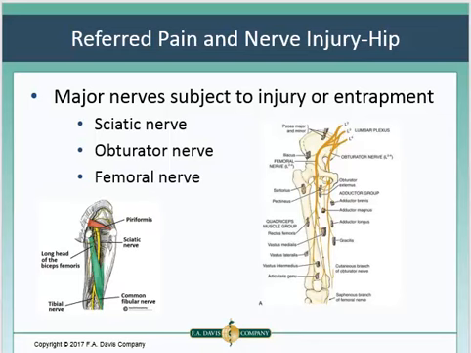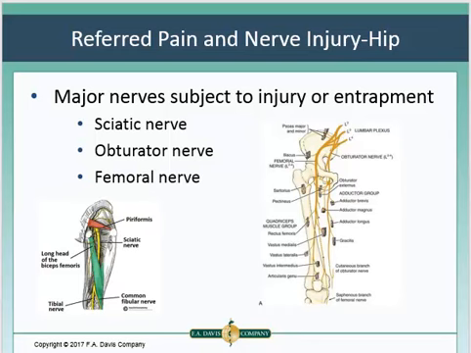The obturator nerve, an isolated injury to this is rare, but because of its location, it can be injured when a woman's giving childbirth and the fetal head pressure during labor is prolonged, or if the doctors have to use forceps to deliver the baby. The femoral nerve, typical injuries occur with fractures of the upper femur or of the pelvis, if they have to reduce a dislocation of the hip, or again, if there's pressure from forceps